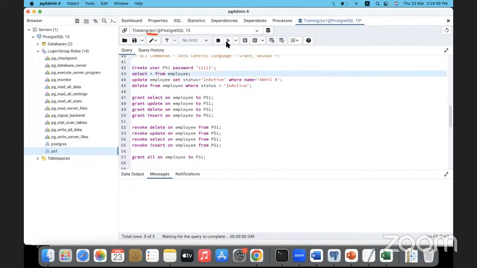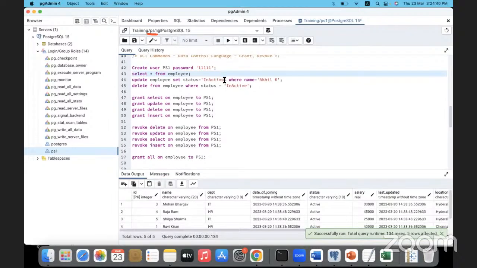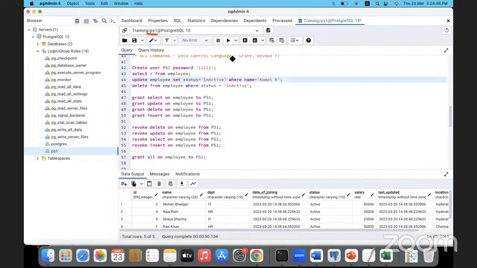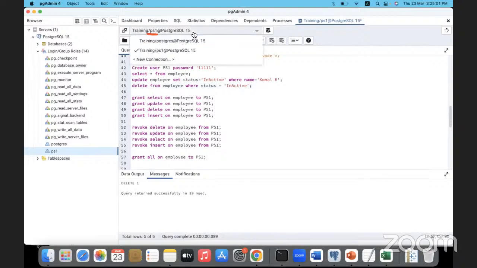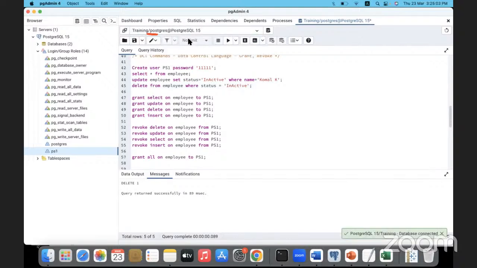So select is possible. Okay. Update is possible. It will not throw an error. Delete is possible. This person can even delete, and insert also is possible. He can do anything and everything. So you can grant everything in one go if you feel that person has to be given all the role accesses. Similarly, I can revoke